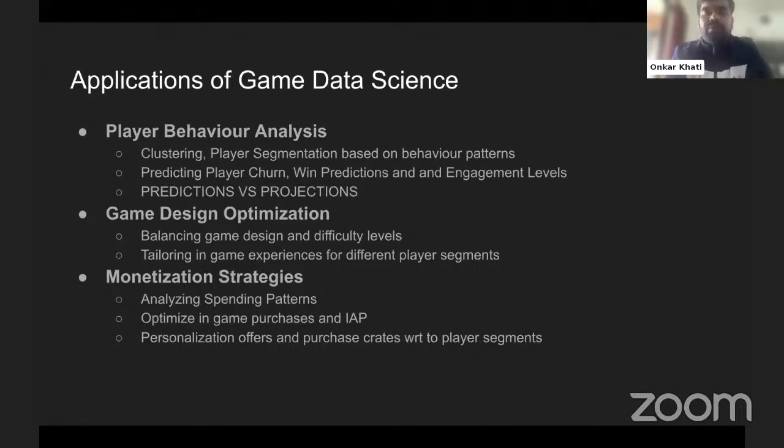So there are different segments. Now, a player can be segmented into whole different categories. Is he a good player? Is he winning more matches? Is he an average player? Does he spend the average time? Is he a low rank player? I mean, does he lose more frequently? So